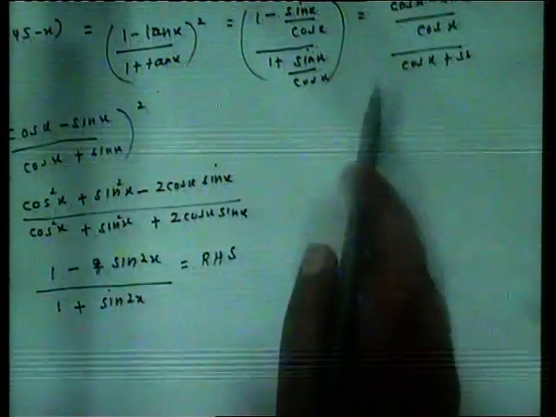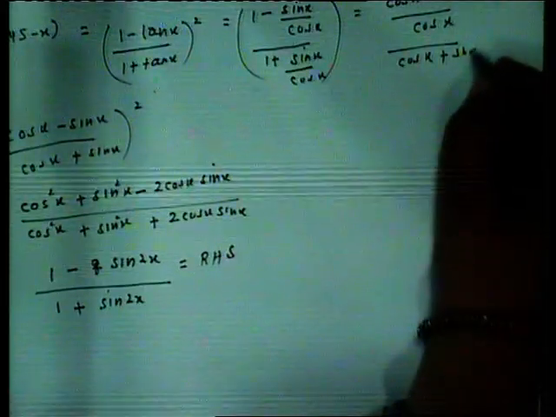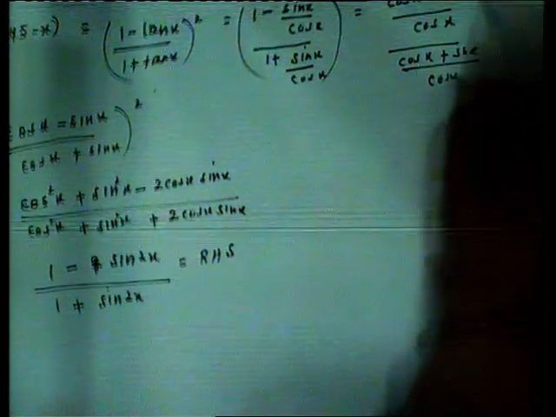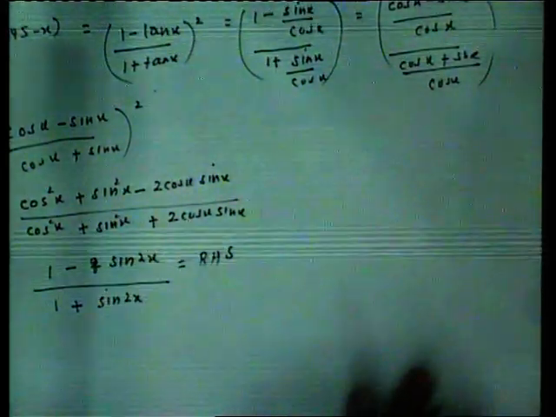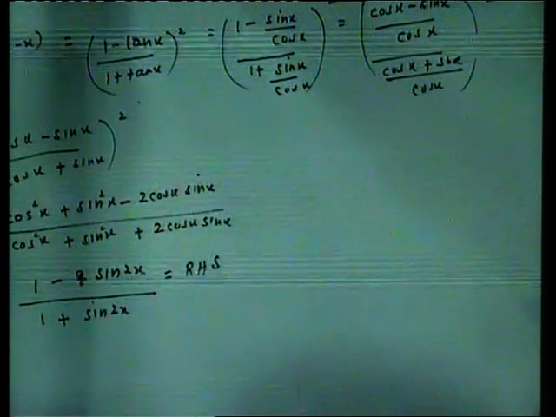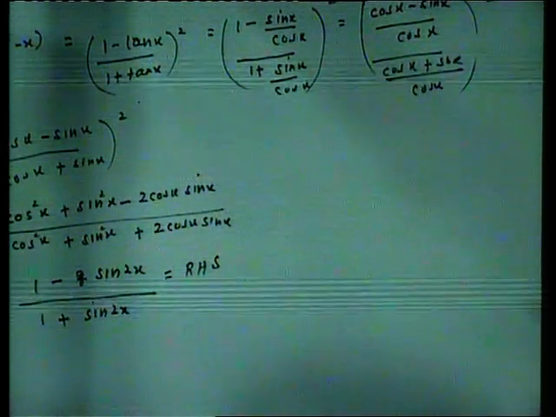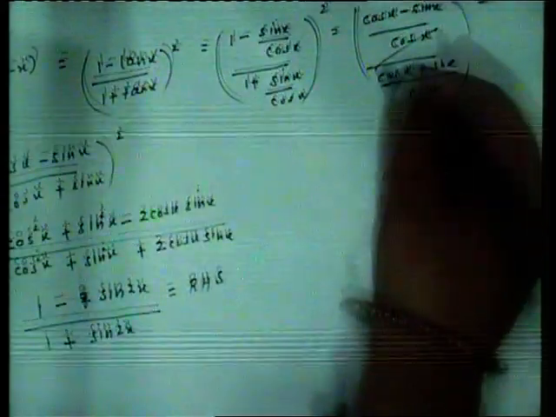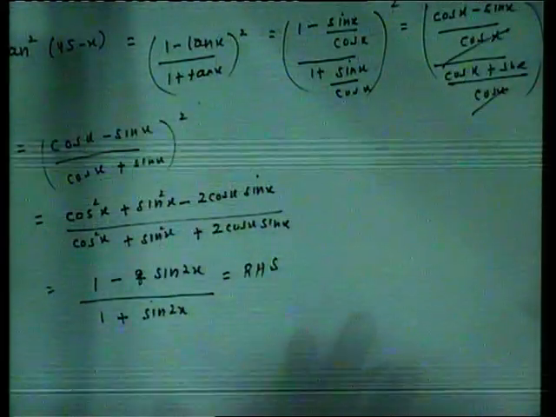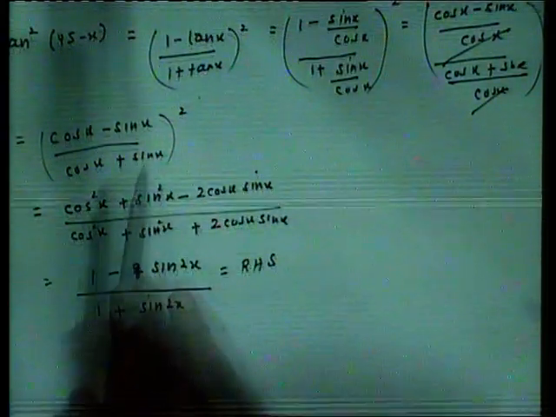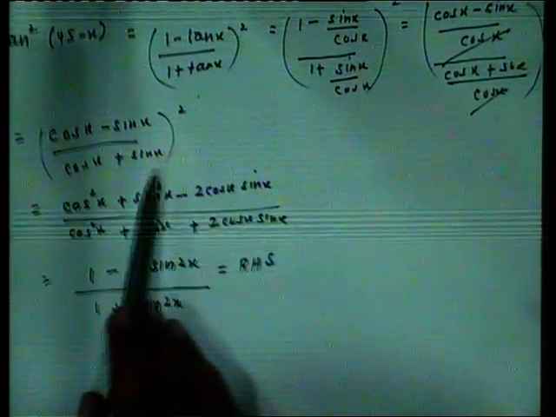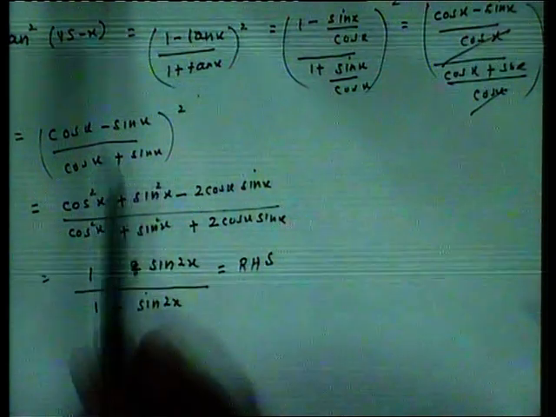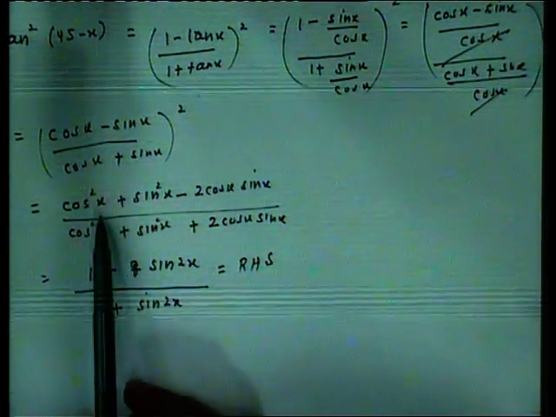So this becomes (cos x minus sin x) upon cos x plus sin x upon cos x. Cos x gets cancelled with this cos x. So we are left with (cos x minus sin x) upon (cos x plus sin x) whole square. So simplifying this, I get this to be equal to